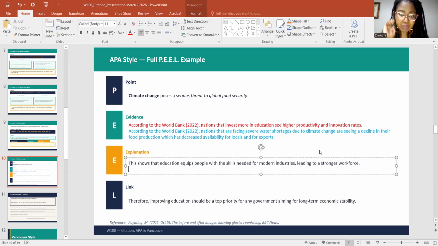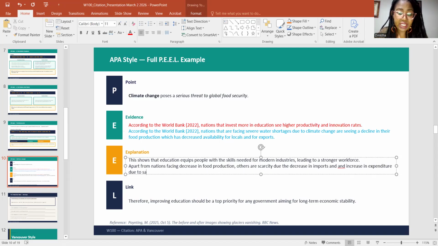I'm going to say that apart from nations facing a decrease in food production, others are facing scarcity due to the decrease in imports and an increase in expenditure due to food scarcity, something like that, okay?